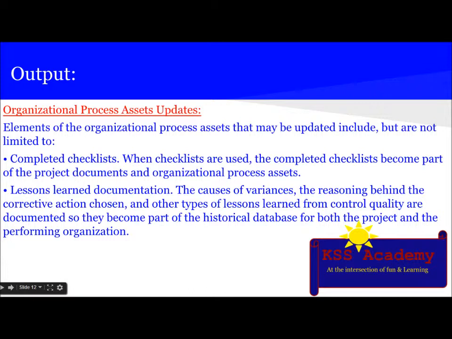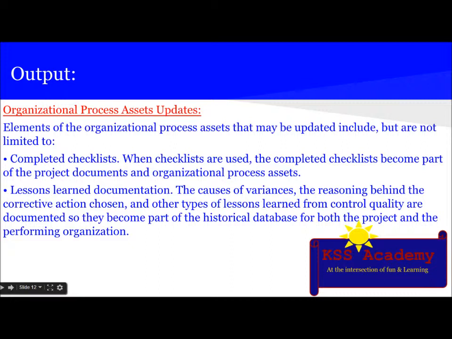So there is one more concept which is called just in time, which means maintain minimum inventory level of 0 or close to 0, produce only what is needed and when it is needed. There is another term which is tolerance versus control limit. Tolerance is the specified range of acceptable results and applies to the product, and control limit is the boundary of common variation in the process and applies to the process.